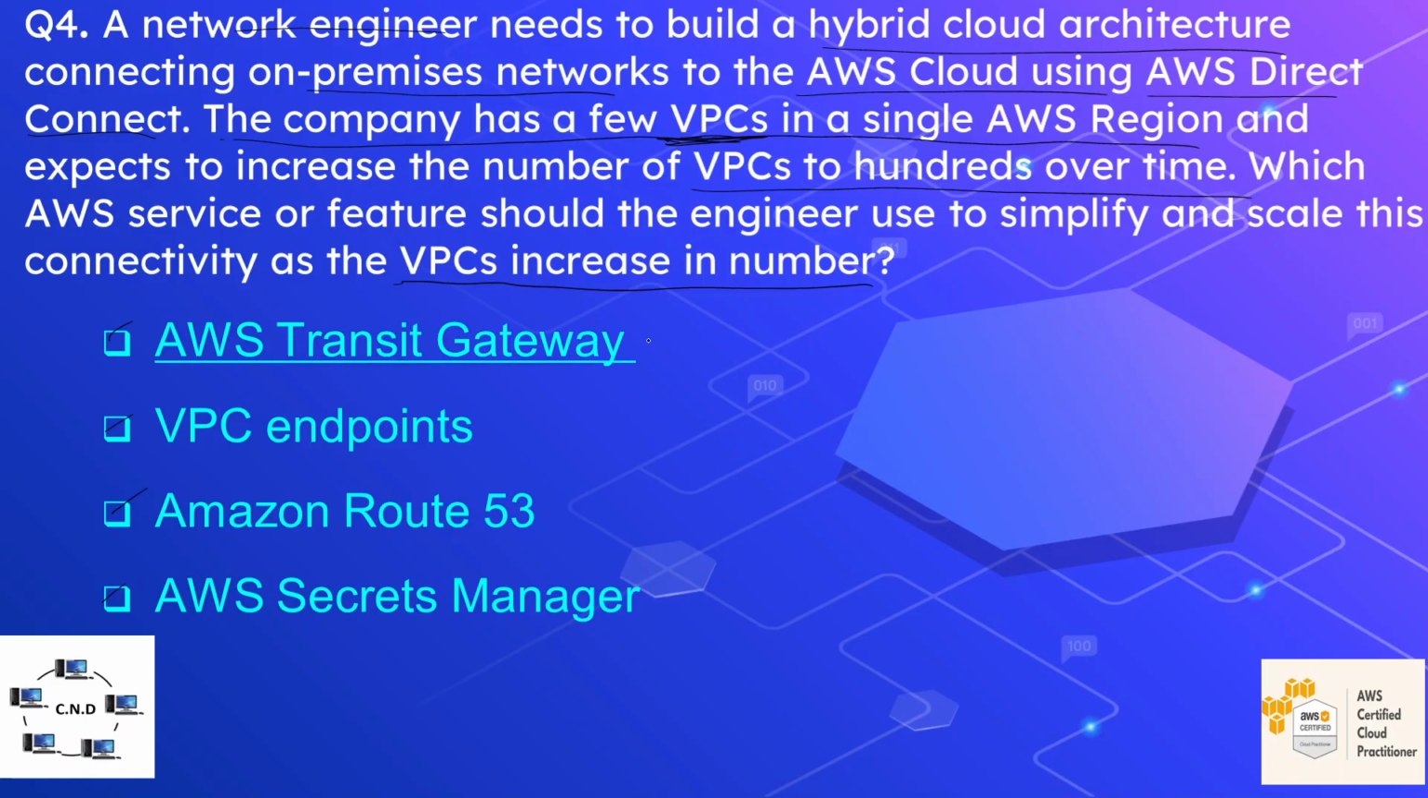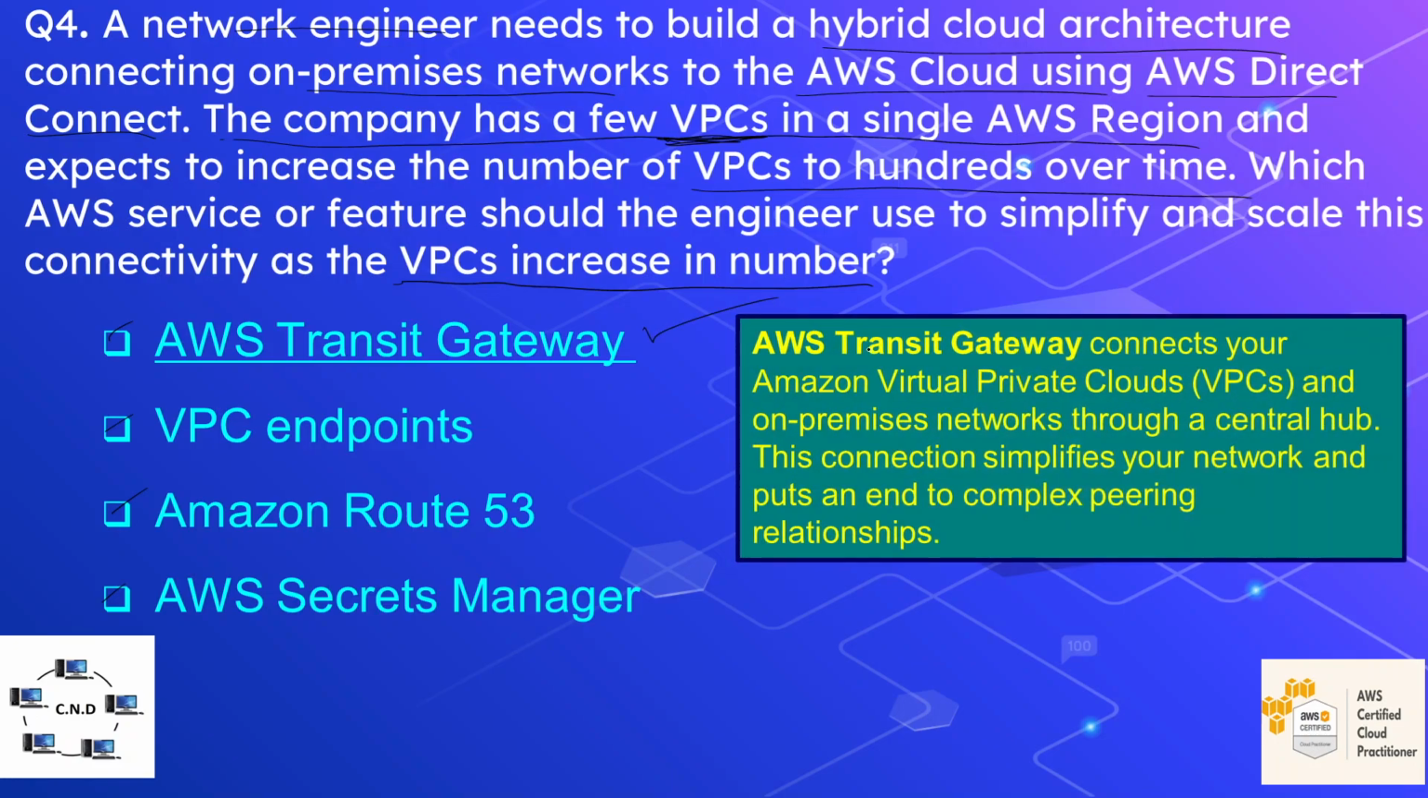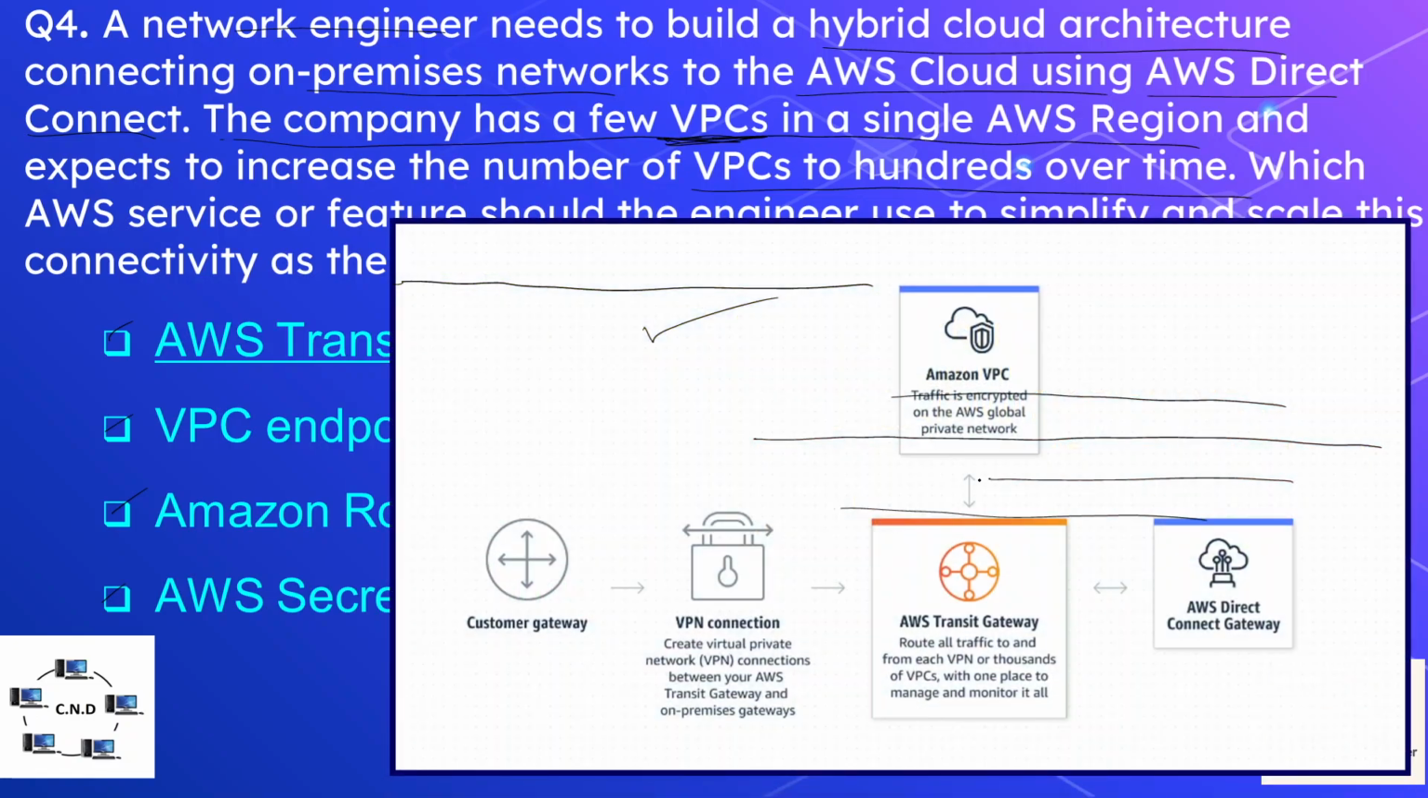And the correct option is AWS Transit Gateway. AWS Transit Gateway basically connects your Amazon Virtual Private Clouds, or VPCs, and your on-premises networks through a central hub. This connection simplifies your network and puts an end to complex peering relationships. And this is a visual of,